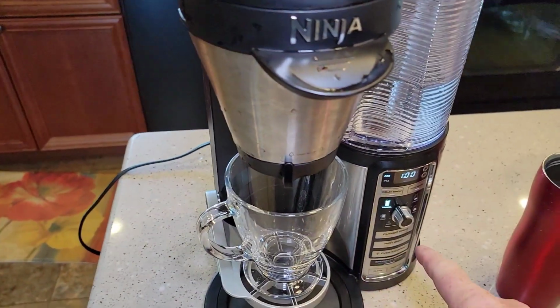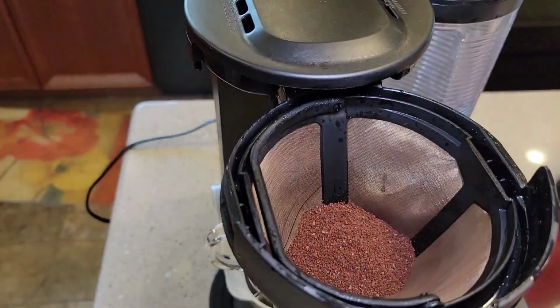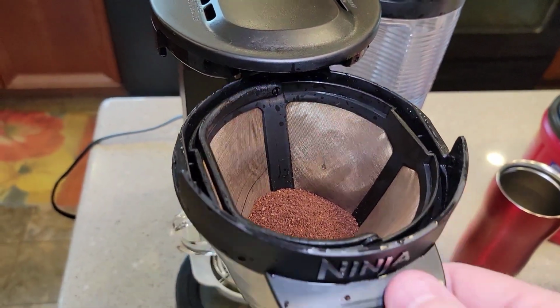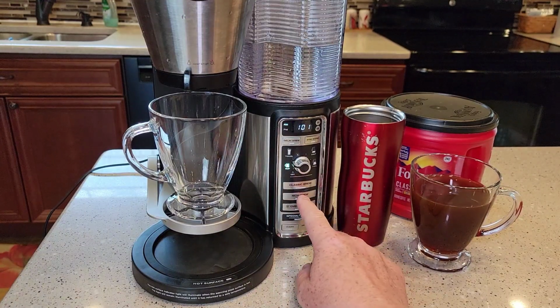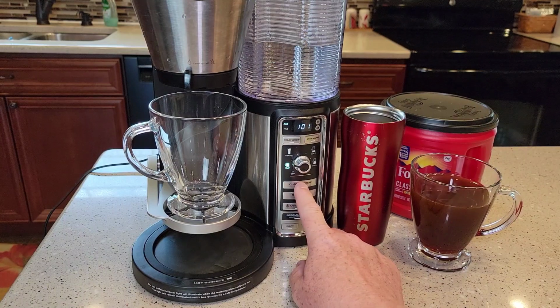This is going to do 9 ounces when I turn this to cup. 9 ounces. I'm using the reusable filter this time. It just sits in there like this. I've got 3 tablespoons of coffee in there. And again, when I do a classic brew, it's going to do 9 ounces. If I did a rich brew, it'll do a little less, and same with over ice and specialty. But I'm going to do a classic brew